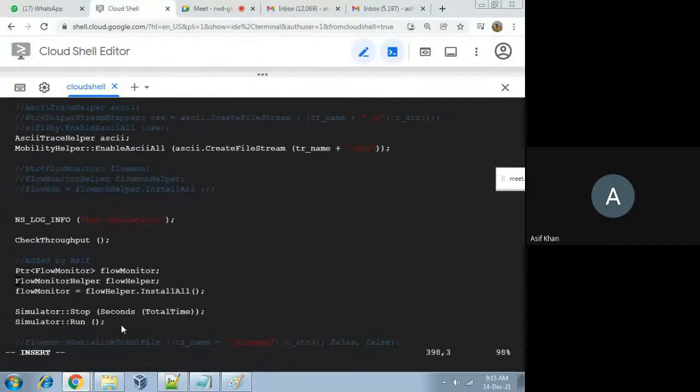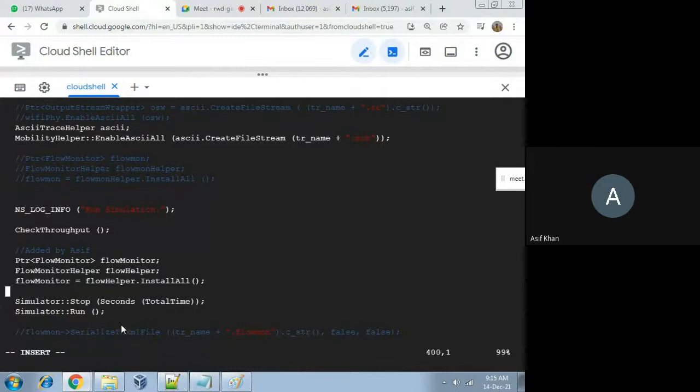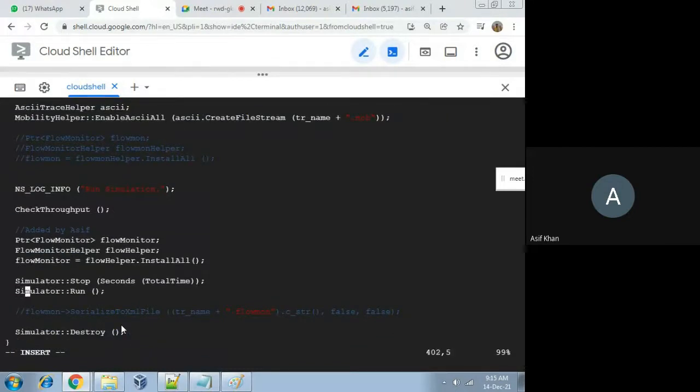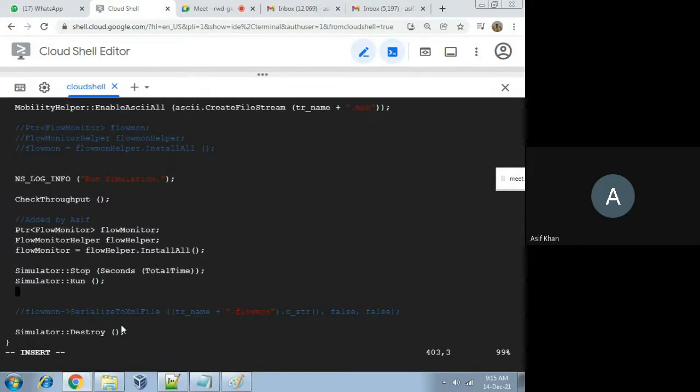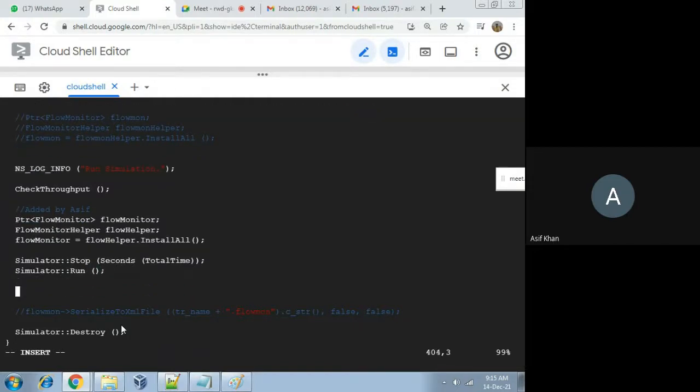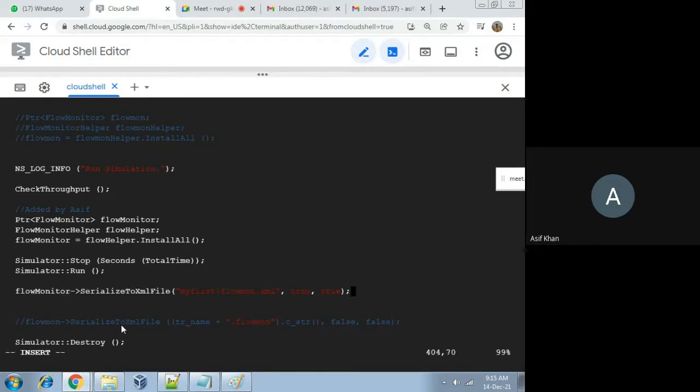This needs to be added after the run method, after Simulator::Run. Here I'll add. So let me save this first. Escape. This is saved. Now I will paste it here. Okay, pasted.